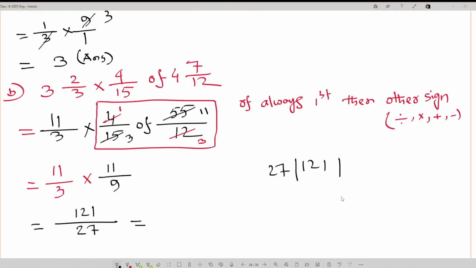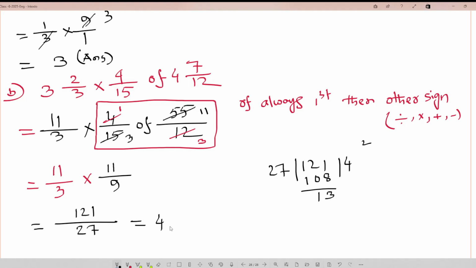If you want, you can use a calculator. 121 divided by 27. So here is 4. We can write 4. 4 times 7 is 28, carry 2. 4 times 2 is 8, 8 plus 2 is 10. So here is a 3 and here is a 1. Right? So we can write this one